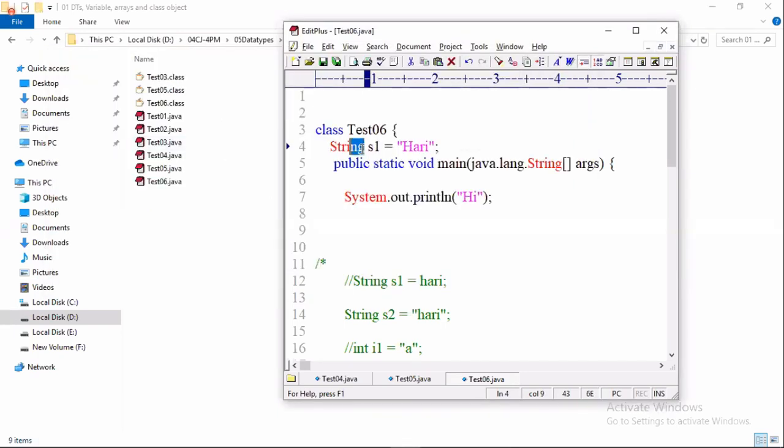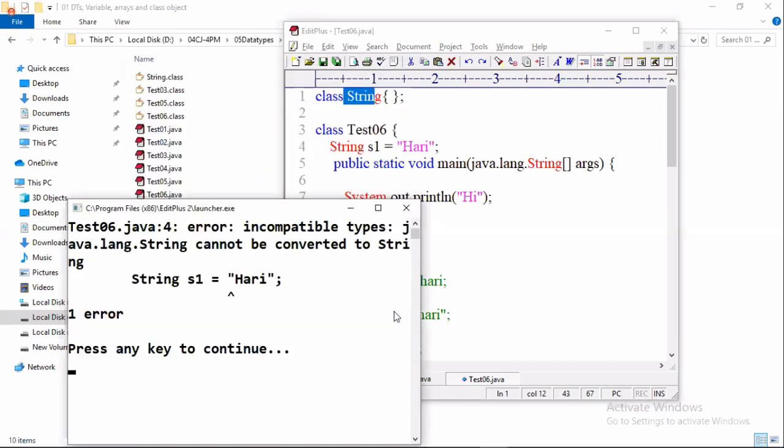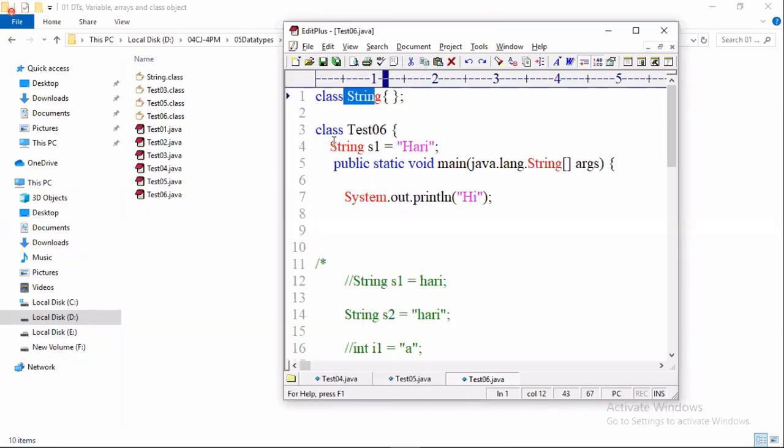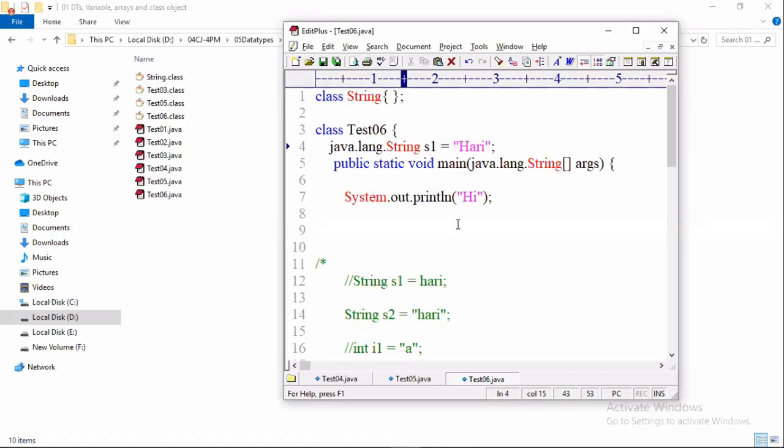Why? Because there is no class called String found in the current directory. If I place a local String, the compiler will throw an error, linking this String to the local String. Okay, then how to solve this problem? I myself should add what? java.lang.String. Now the problem is solved. Be careful, this practice is necessary. So now try to answer all questions.